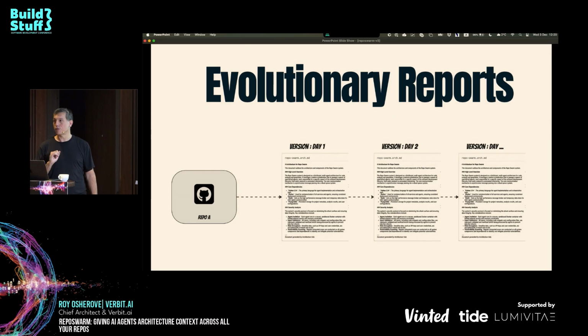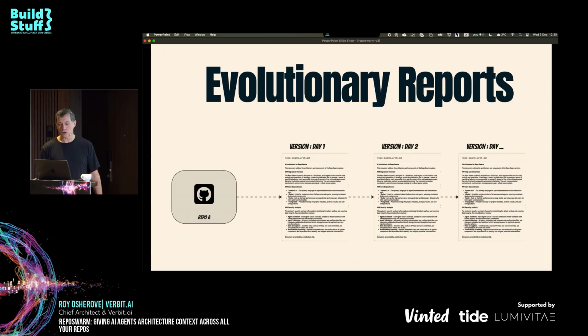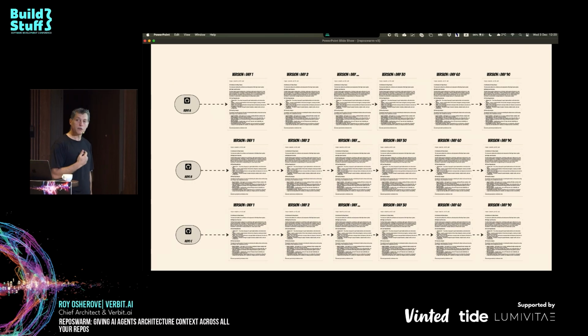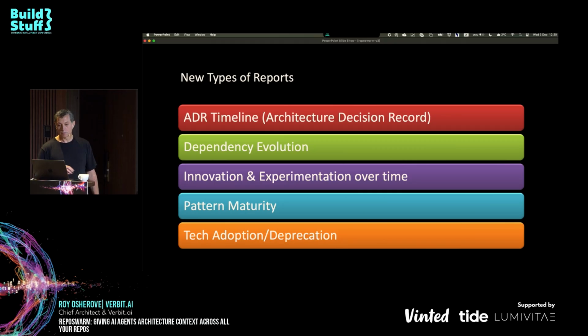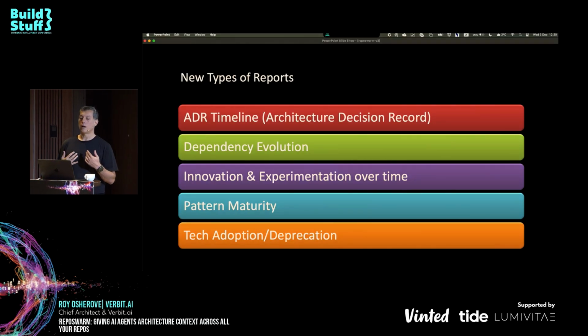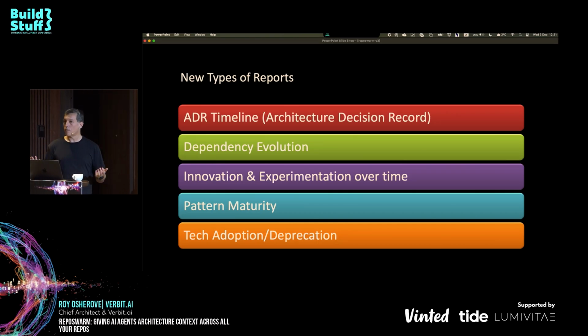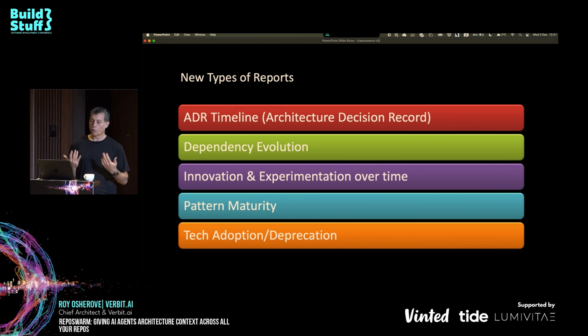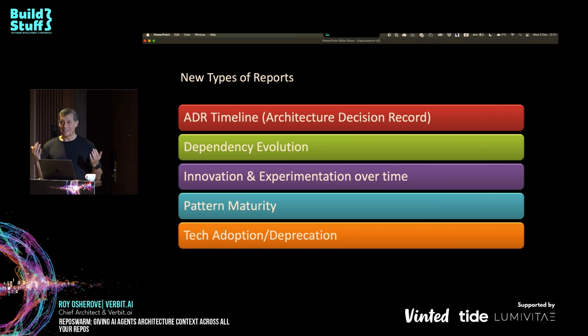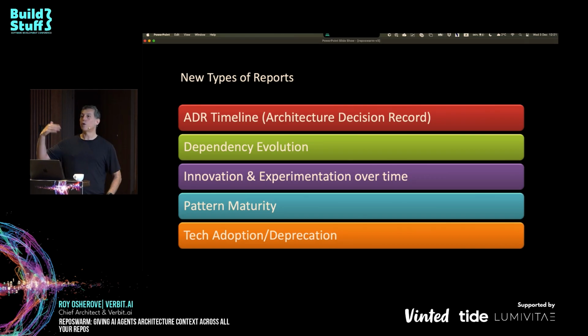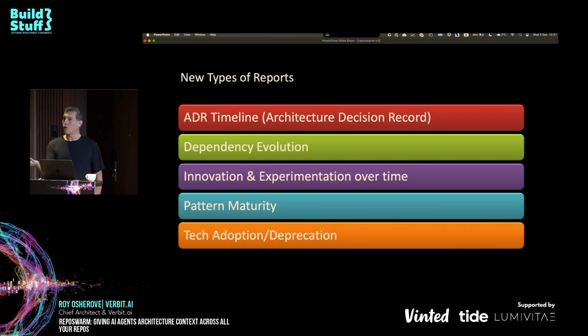Architecture history is very interesting because now you can ask really cool questions across multiple repositories. For example, you can say, give me an architecture decision record. If anyone hasn't worked with ADRs, it's a common way for us to document important decisions in our product, in our repository. But let's say you go into a project and that doesn't exist, and you want to retroactively generate something so that you know what is going on.